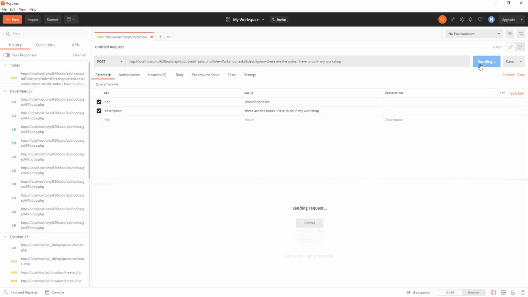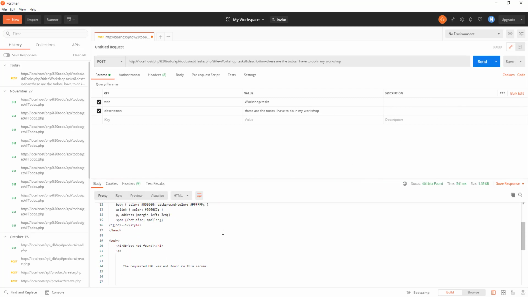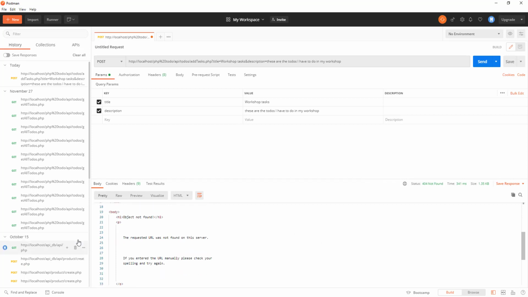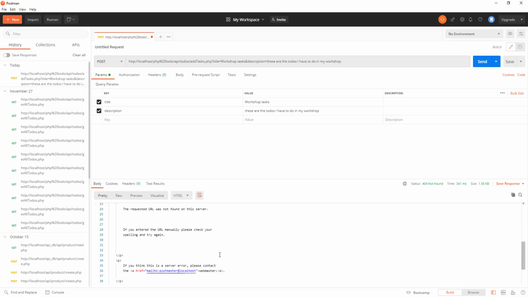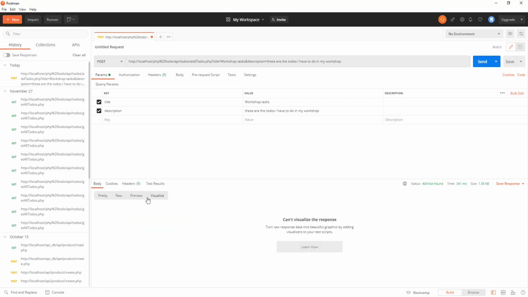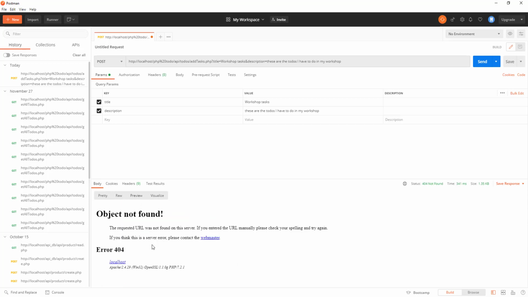So let's see what we get back, and we get "the requested URL was not found on this server," which is so interesting. Why are we not getting what we are expecting? And it's because